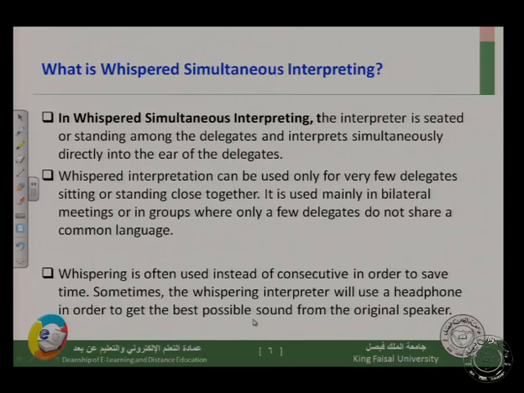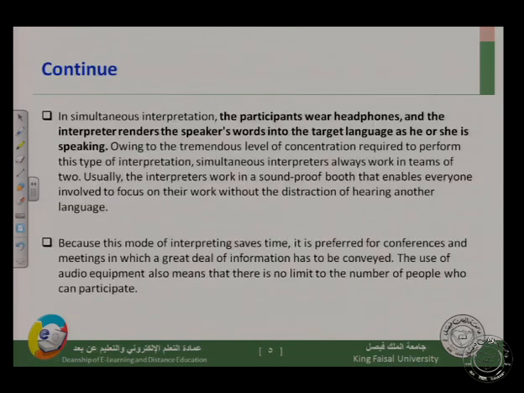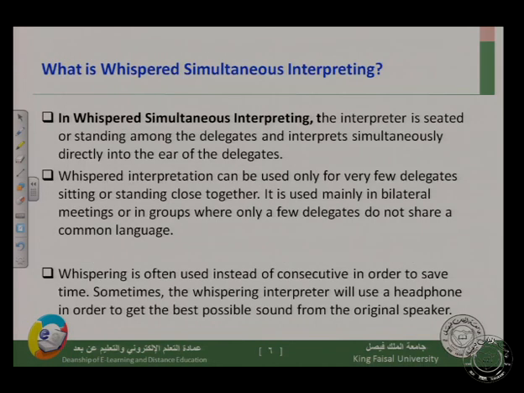Now the second type of spontaneous interpretation is called whispering, or whispering spontaneous interpretation. Now here, what does whisper? This is whispering. Now what happens in whispering spontaneous interpretation? The interpreter